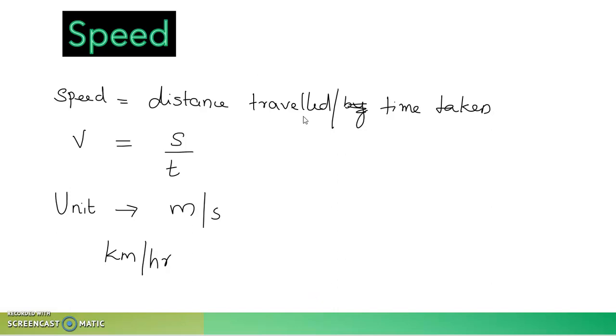Okay. So speed is distance traveled by time taken, the total distance covered by the object by time taken, that gives you the speed of the object. Now this equation we can use when the object is undergoing uniform motion, because throughout the journey the speed is going to be constant. But what if the object is undergoing non-uniform motion? In that case, the object is traveling different distances in different time intervals, right?